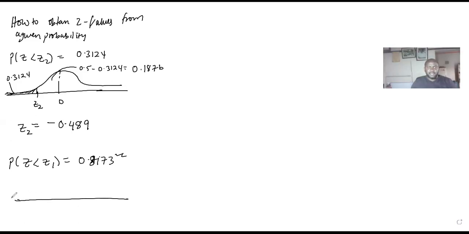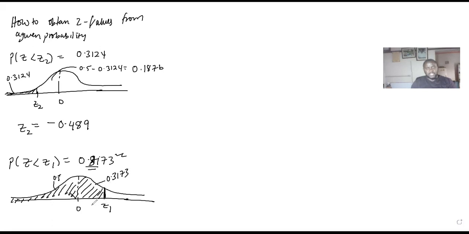Now, this is still less than. But this less than starts from negative infinity. Because this is big enough, you shade it from negative infinity as you come. When you reach the line of 0, you have so far shaded 0.5. But you're looking for 0.8173. So there is a balance of 0.3173, which is here